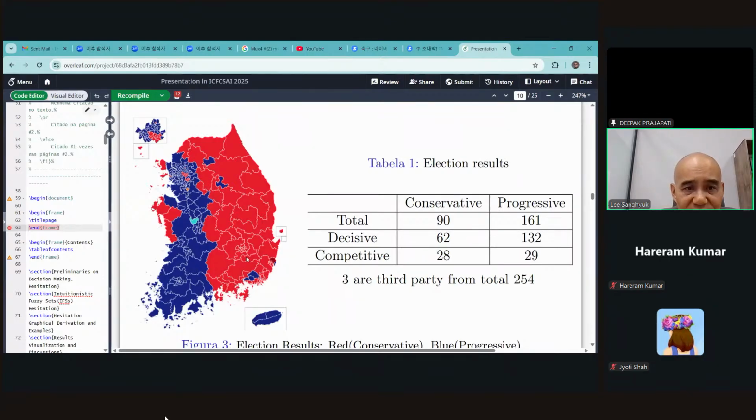Yes, especially in this area, it is very decisive, right? Even in Seoul, some areas are very decisive. And by the calculation, some cases were very competitive, right? We will investigate this type of competitive area by the result of